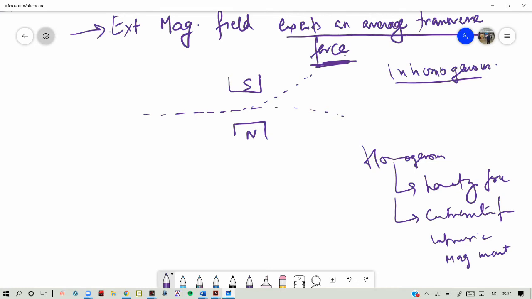So they took it inhomogeneous just to differentiate and to see the contribution from the intrinsic magnetic moments. Whenever we place a magnetic dipole, those atomic magnets, in an external magnetic field,